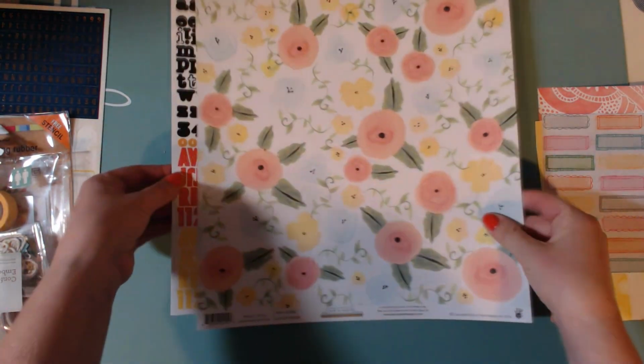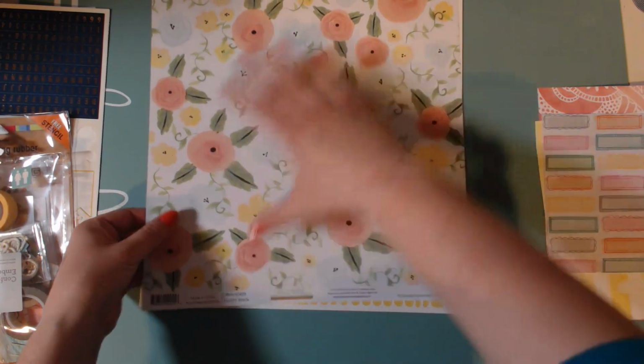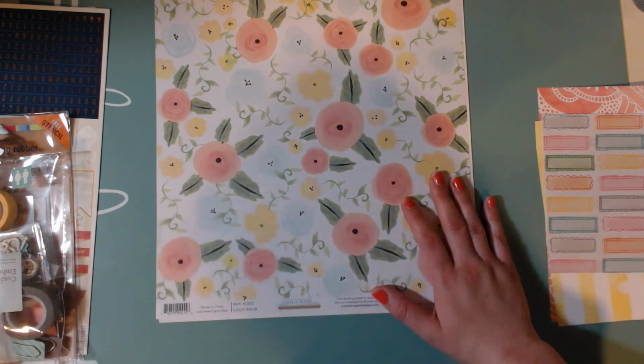Okay, then this is the last paper, this is the last full-size piece of paper. The last one we decided to do was,